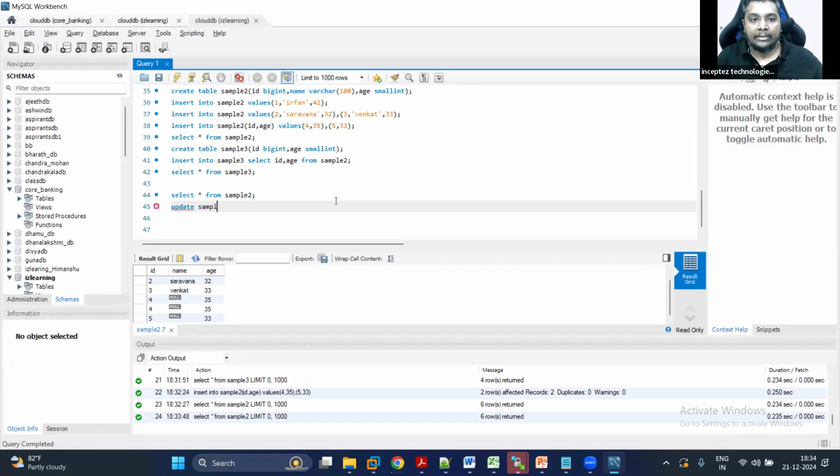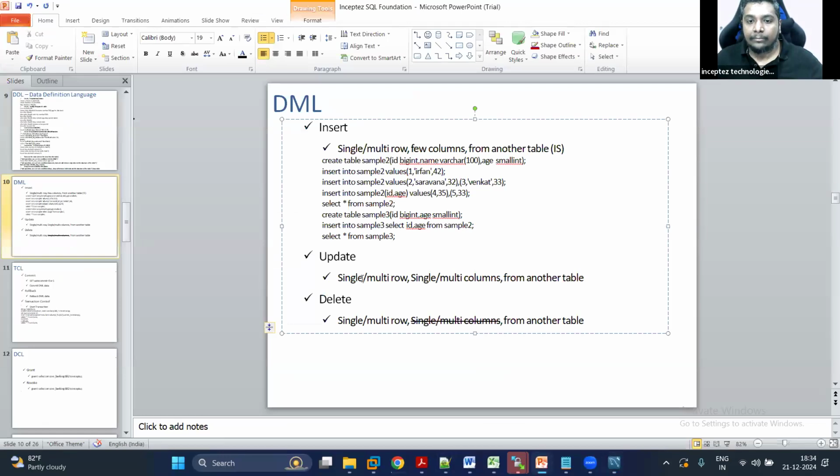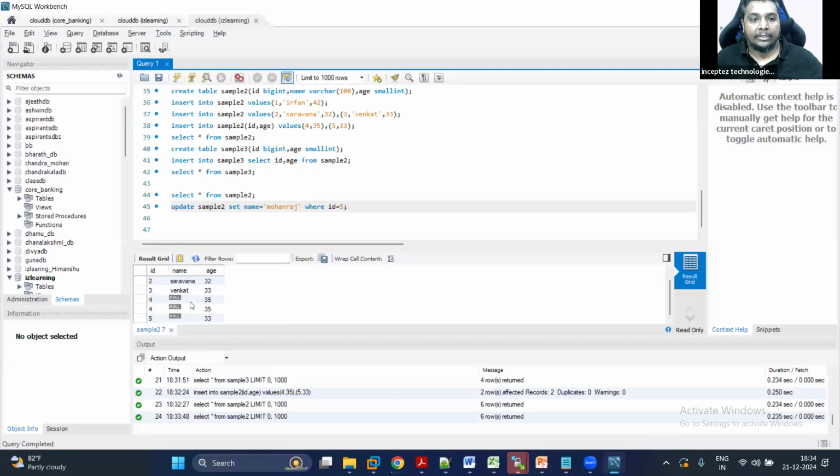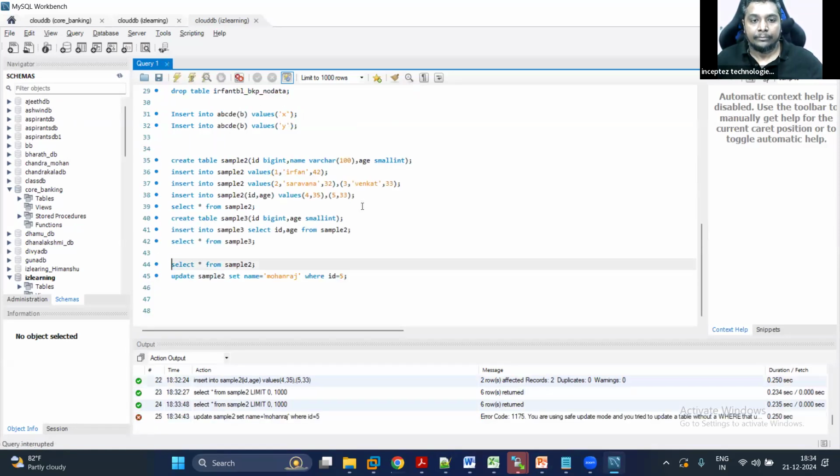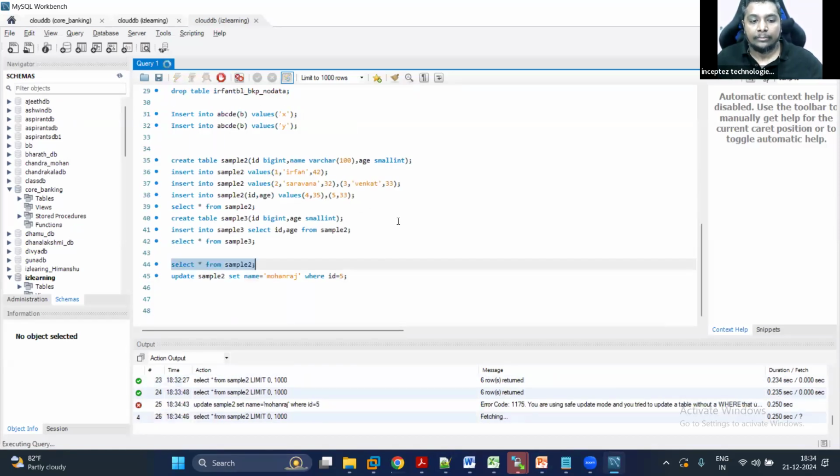Update sample2 set the name equal to somebody called Mohan Raj, where ID equal to 5. So I'm updating one column, single row, single column I'm updating. This is going to affect only one row. This row alone getting affected when I run this query. You can see the data. It shows